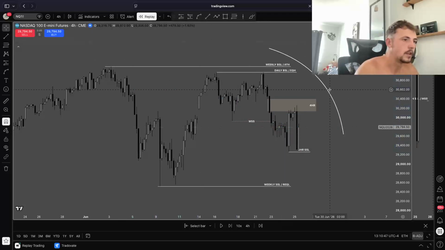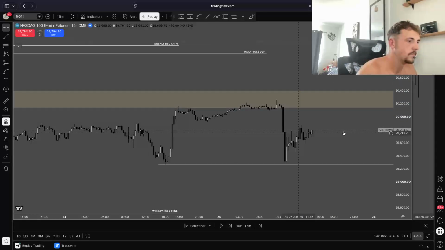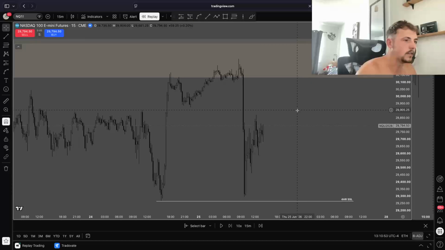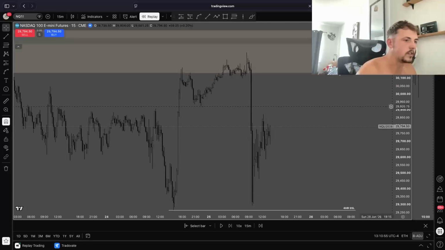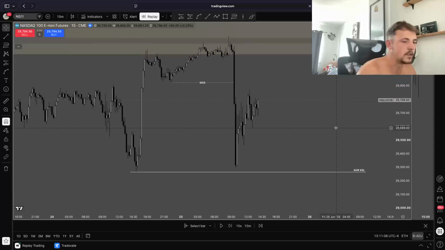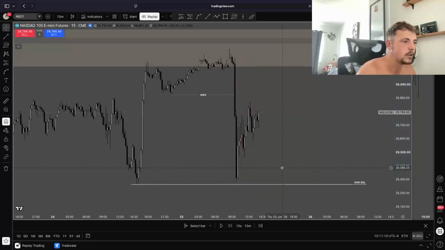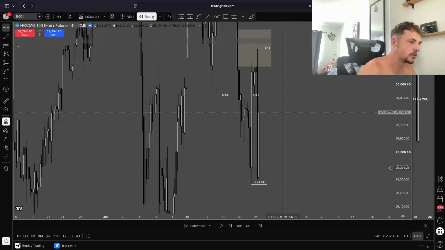So let's zoom in now from the 4-hour to a 15-minute chart. Notice how when we trade into this 4-hour gap, we get our market structure shift. You could use this, but this is our more prominent level. Obviously, these conditions aren't exactly the best because we've already dumped this day 900 handles, which is just ridiculous. But anyway,